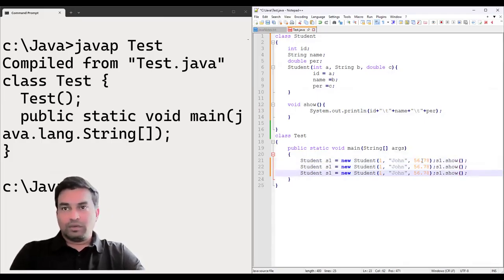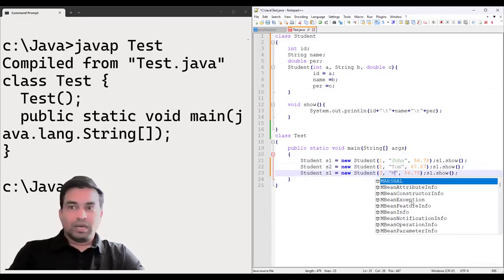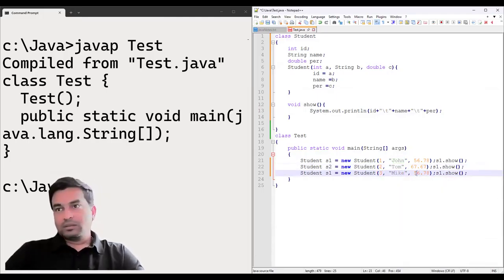I'll do the same for student 2, S2: ID is going to be 2, name is Tom, percentage is 67.7. ID is 3, Mike, 77.27. Let me run this program,